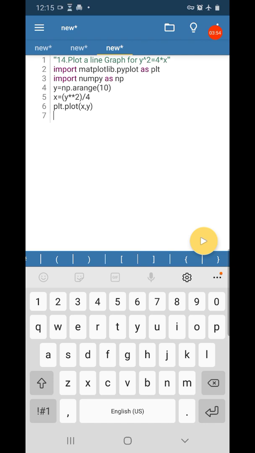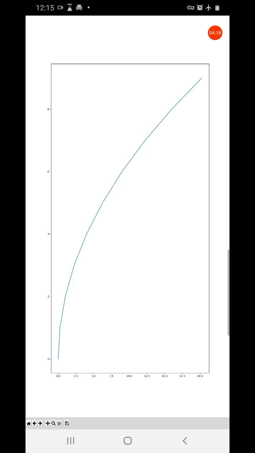We have to display the graph. For that we have the function plt dot show. So this is the line graph which is obtained from x and y.